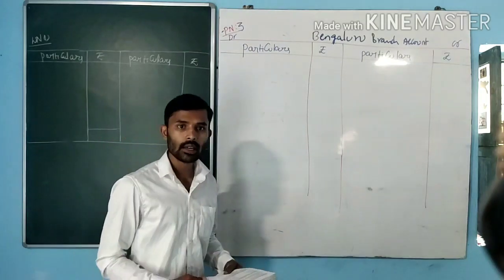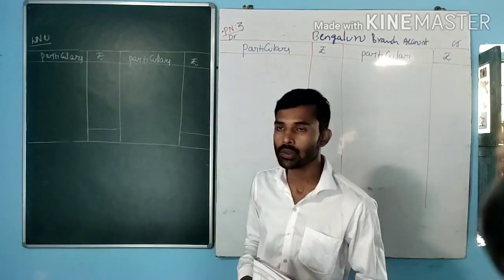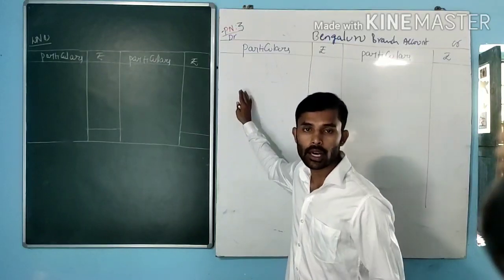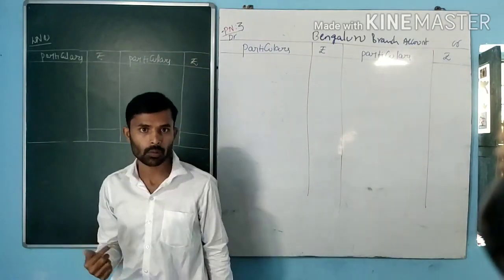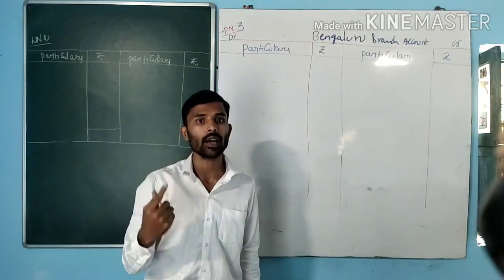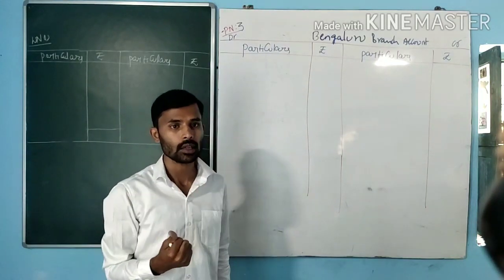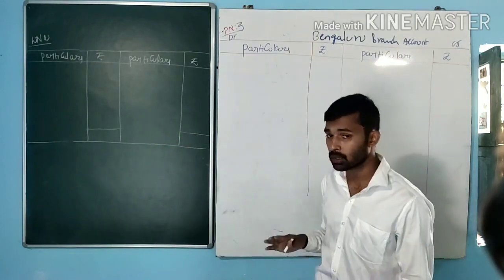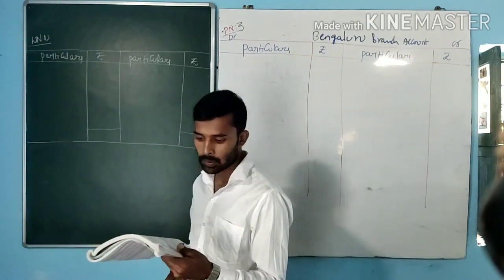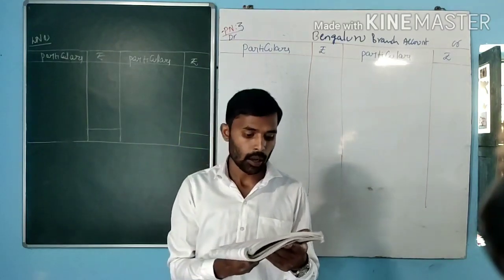Now, in this class again we will see branch accounts in advanced financial accounting, problem number 3. Before you see problem number 3, go back again, see the introduction classes, problem number 1 and problem number 2, and come back and see problem number 3. Right now, see problem number 3, that is Zamana Limited.